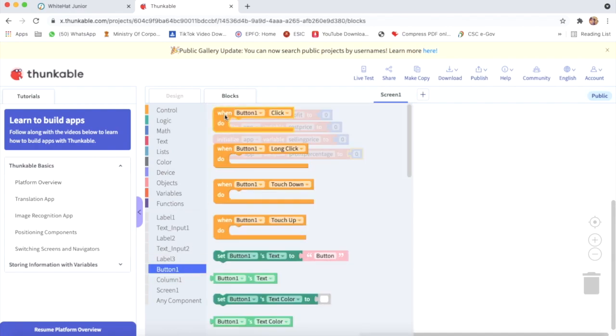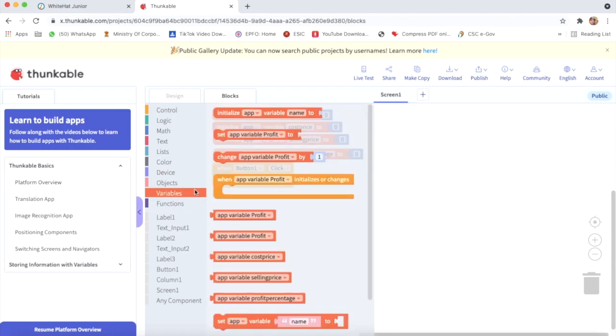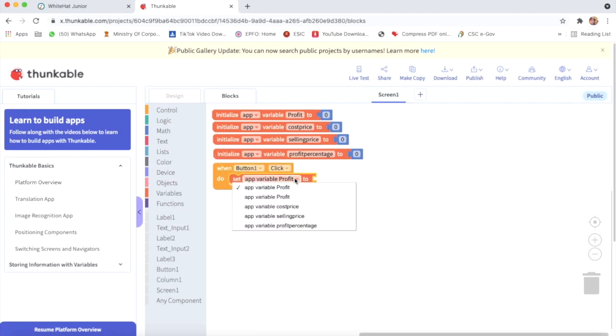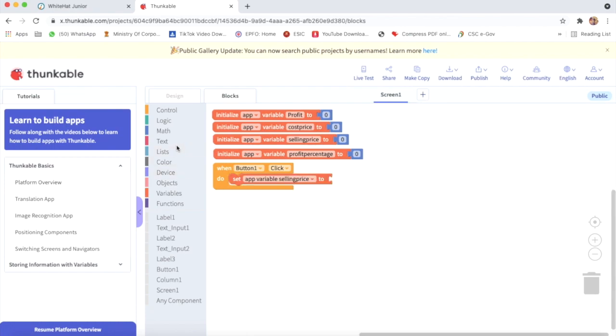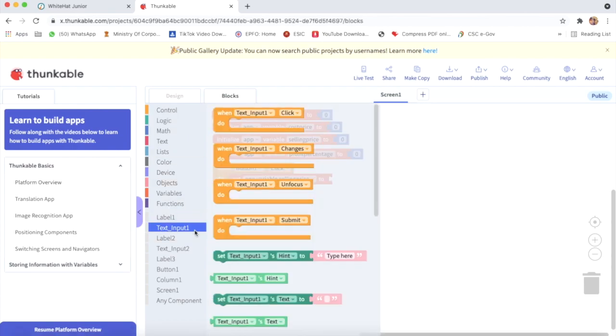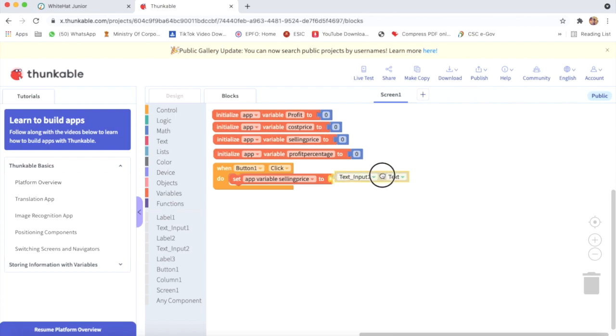Now I will take when button 1, and now I will go on variable and I will take set app variable selling price. We will take this second block and attach it here. We will change this to app variable selling price. And now I will go on text input 1, and then I will take this fourth block and attach it here.